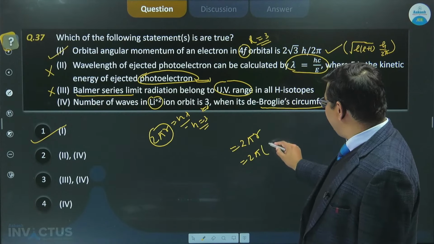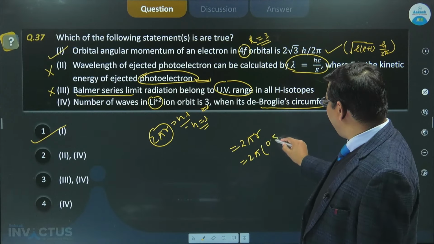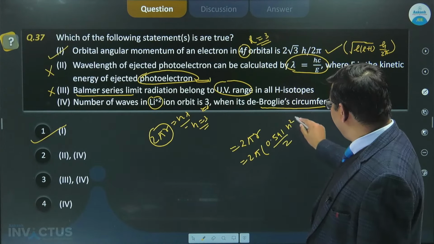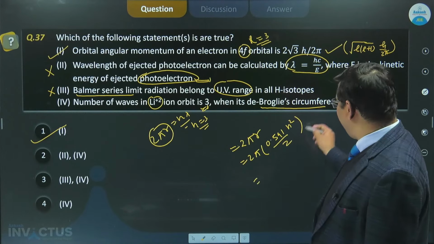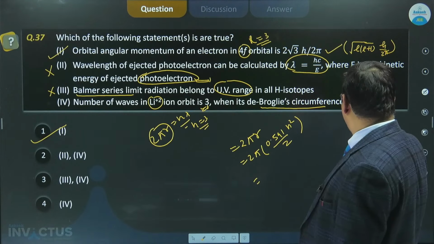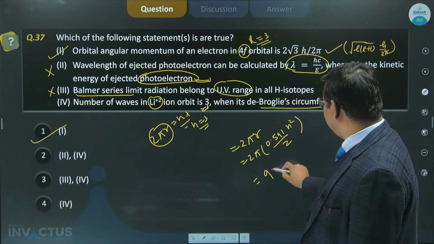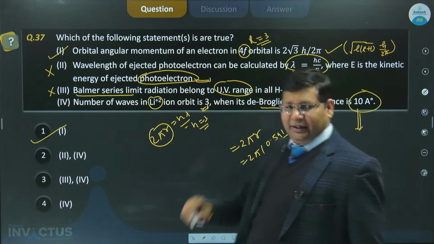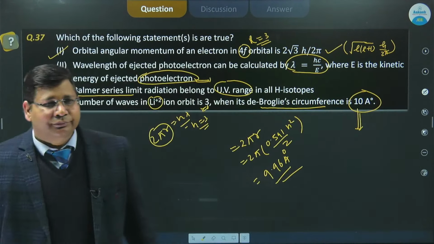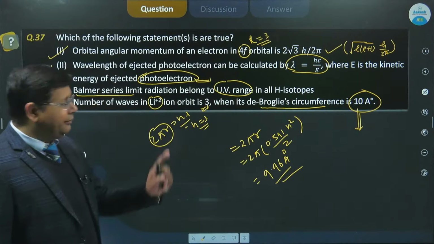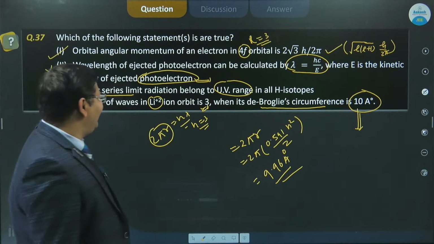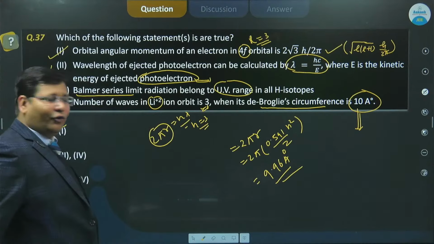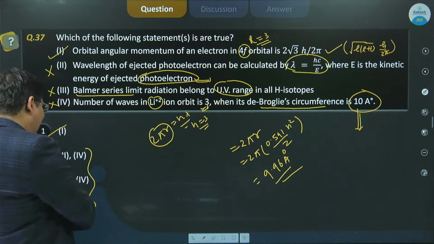तो r हमारा हो गया 0.529 × n²/Z। अब यहाँ पर Z की वैल्यू रख दो, n की वैल्यू पुट कर दो, तो आई थिंक इट विल कम नियर बाई 9.96 एंगस्ट्रॉम। लेकिन आंसर कितना दे रखा आपका, 10 एंगस्ट्रॉम दे रखा। तो आफ्टर सॉल्विंग दैट यू विल गेट 9.96 एंगस्ट्रॉम। ठीक है, तो इसलिए दिस इज ऑल्सो रॉन्ग। तो हेंस 2, 3, 4 ऑल आर इनकरेक्ट। तो ये कभी सही नहीं हो सकते आपका।